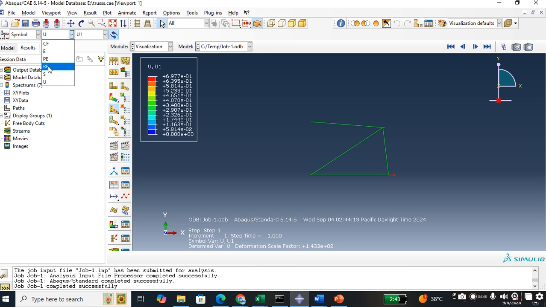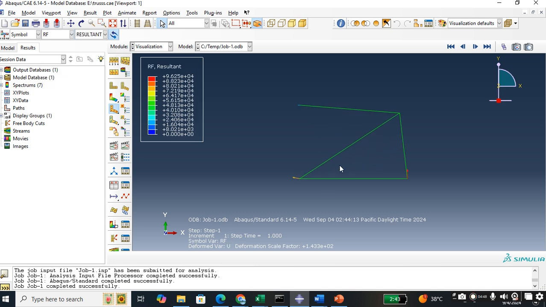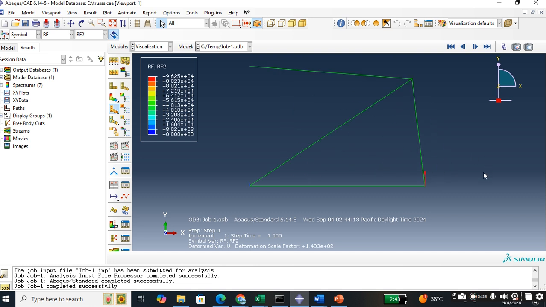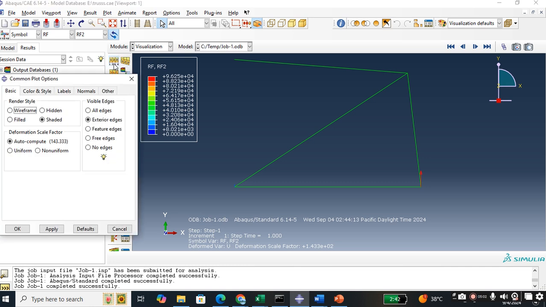Now we need a reaction force. Here you can see the reaction force, resultant reaction force. We need reaction force 1 on this, and reaction force 2 on this and this. How can we apply a node on element? By clicking on this option, here you can see